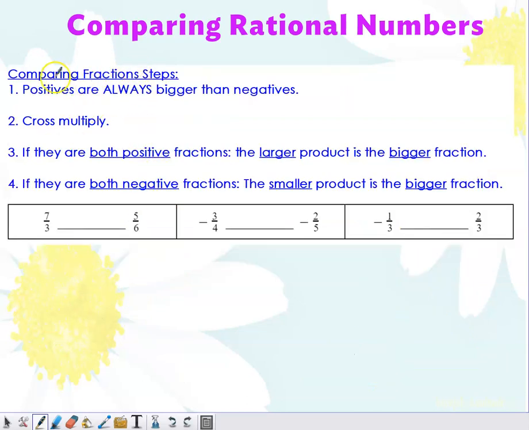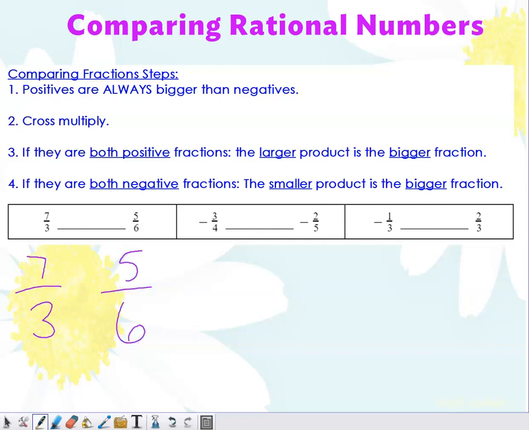When comparing fractions, remember positives are always bigger than negatives, so if you're ever comparing one positive and one negative, the positive number is always going to be the bigger one. We learned this a while ago. We can cross multiply. So when we have something like 7/3 and 5/6, and we want to know which one